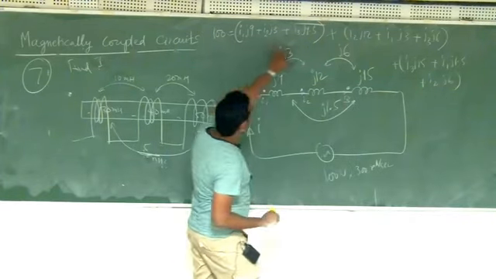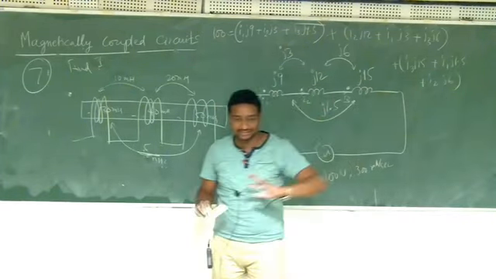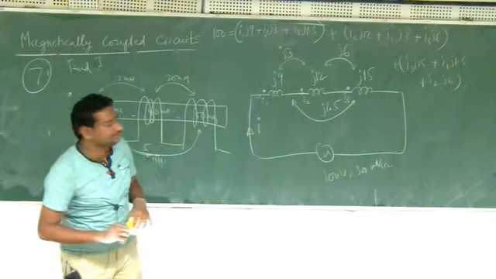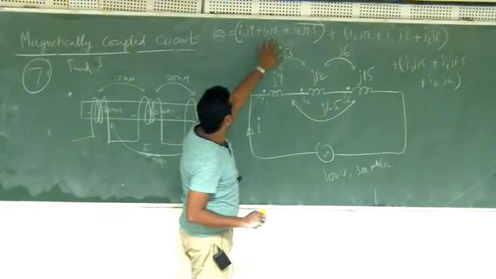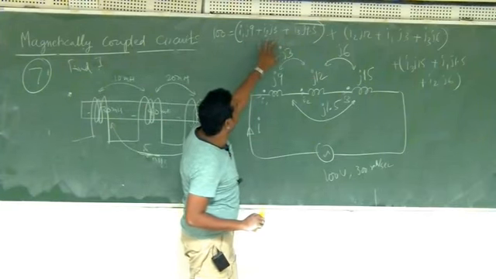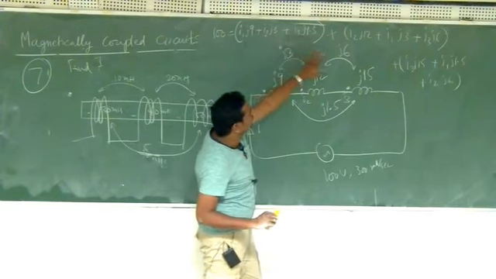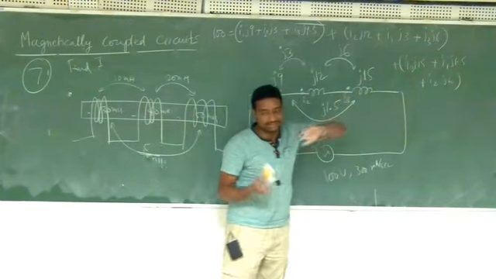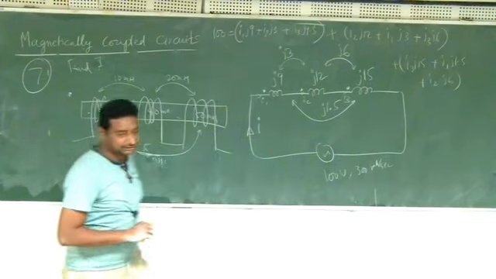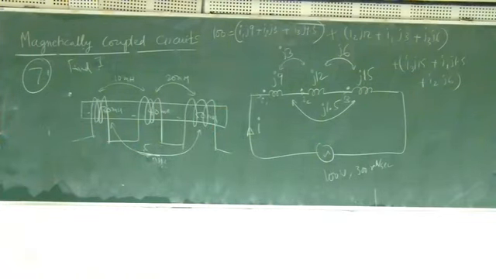So now all the I's are the same because luckily it is series connected. So what you can do, I can take I common. So 9, how much is that? 12, 13.5, like that you can keep on adding, and then you will get it. So that is an easier problem.